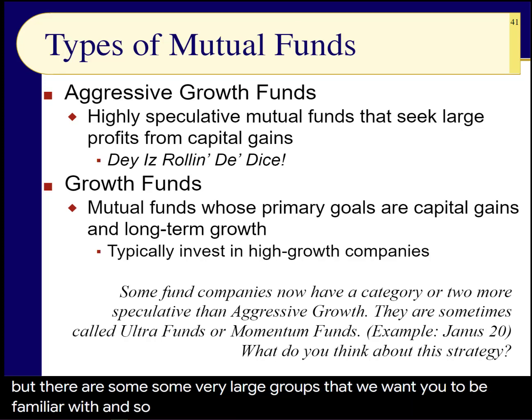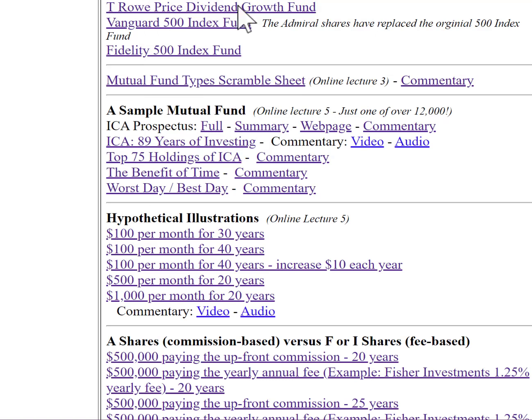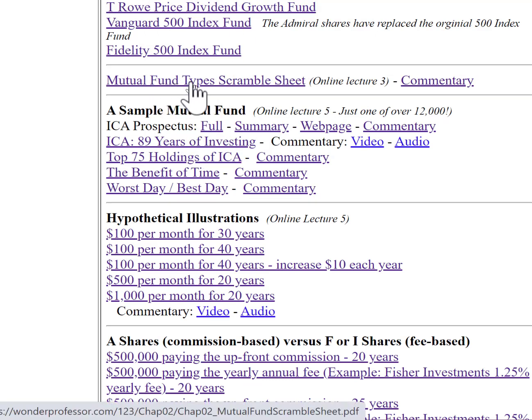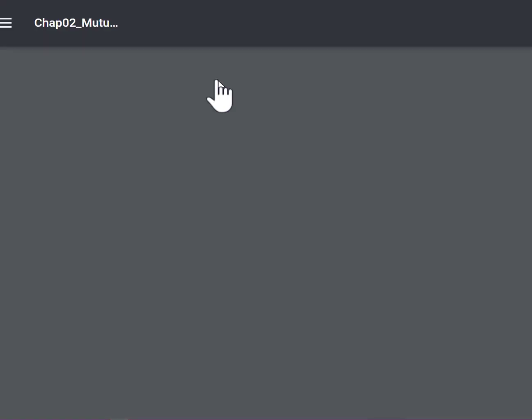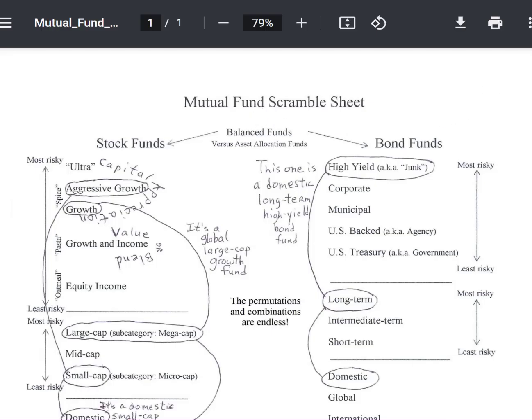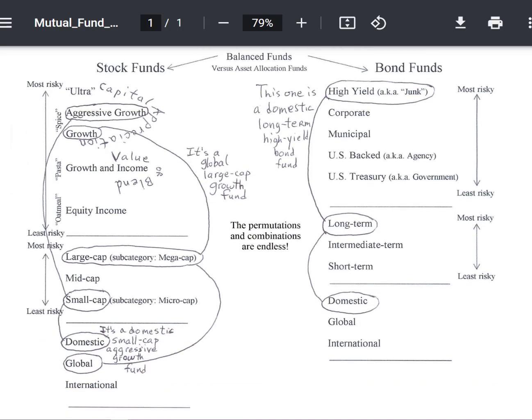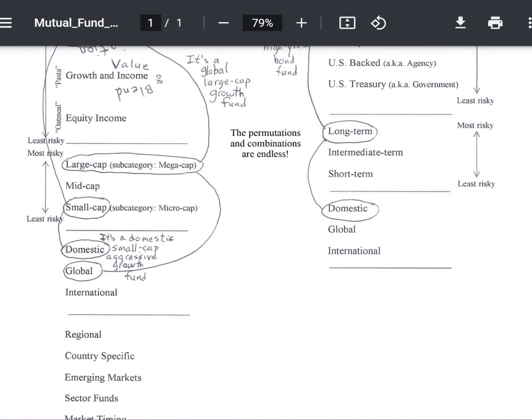And so we strongly urge you to go to the Canvas or website and print out a copy of the mutual fund types Scramble sheet. And you can listen to the commentary here, but that's what this presentation is all about. So get a copy of this thing. I did my best, and I'll explain it as we go through the presentation, to try to show you what you're up against